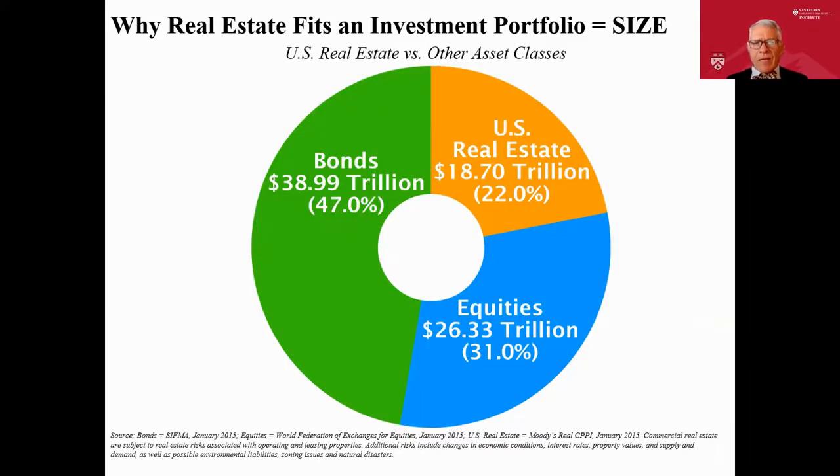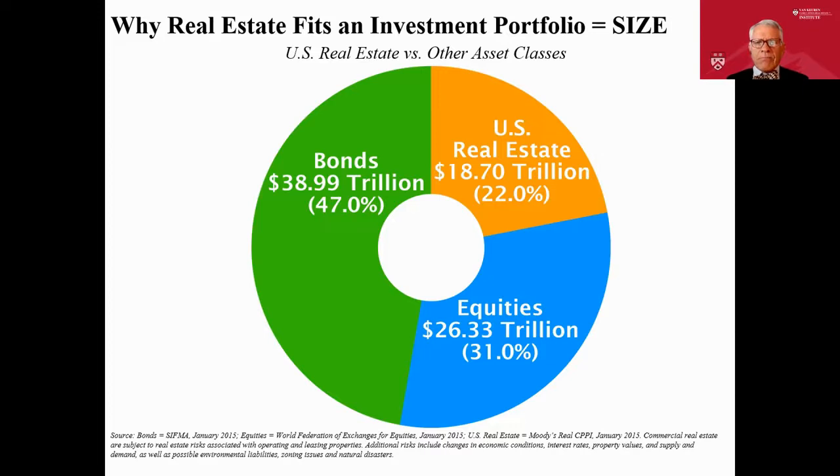And so when we look at it today, of the three majors here, the stock market at 26 trillion is 30% of the investable universe. The bond market, 38 trillion, is 47%. And US income producing real estate is about 22% of the investable universe. If we look at the institutions, pension funds, currently today, their average is about 10% invested in real estate. Most of them have a target allocation that they haven't met. That's now running around 12.5 or 13. The endowments of the world are running at about 15%, with, again, a target allocation of 20.